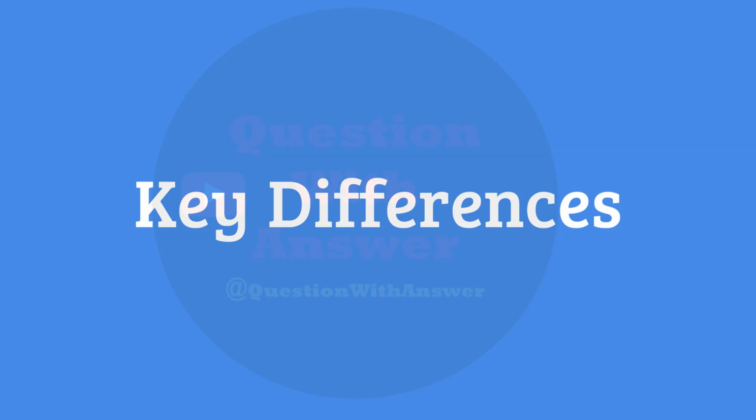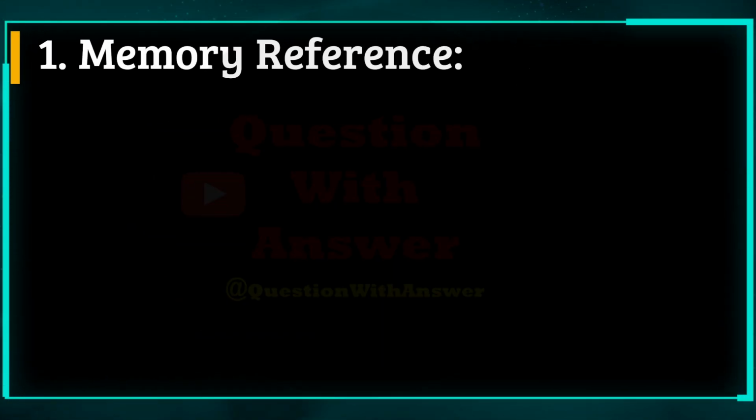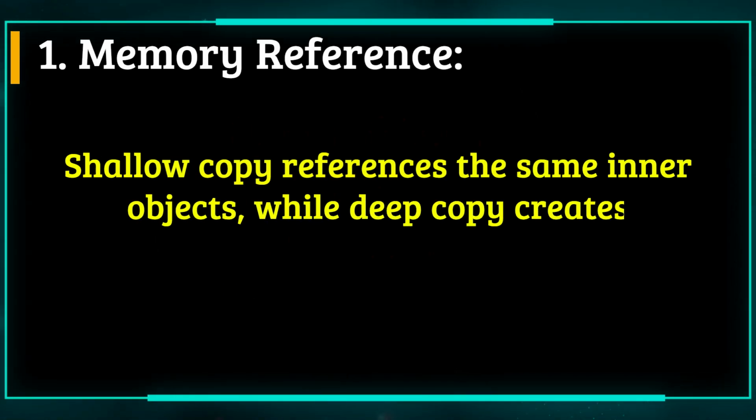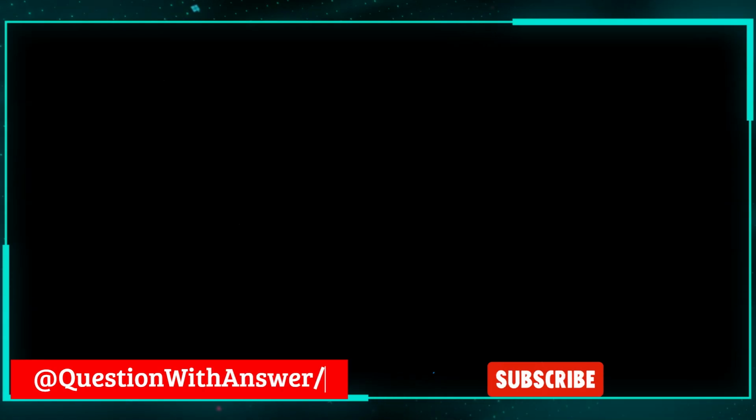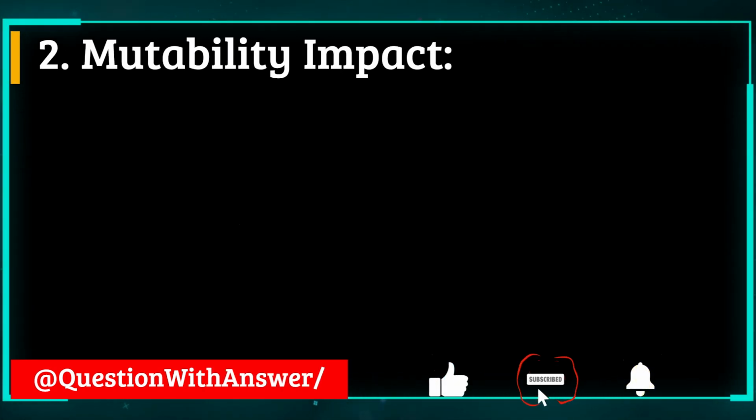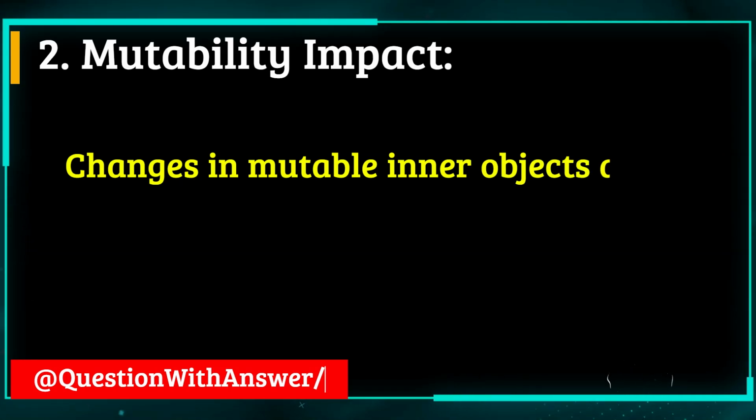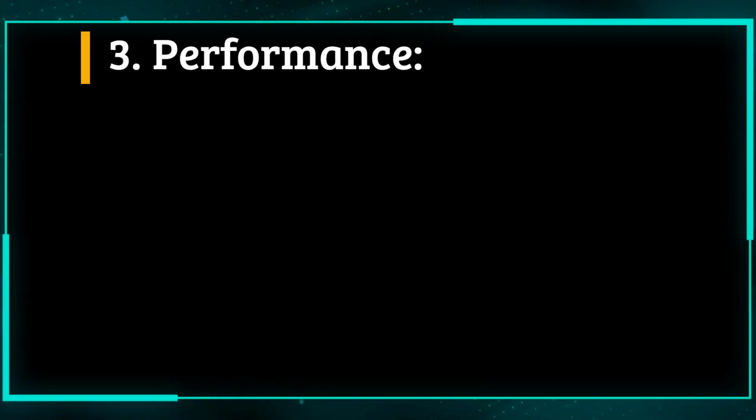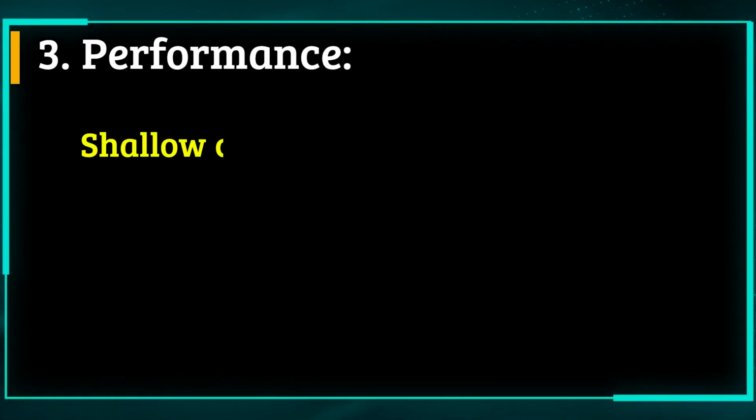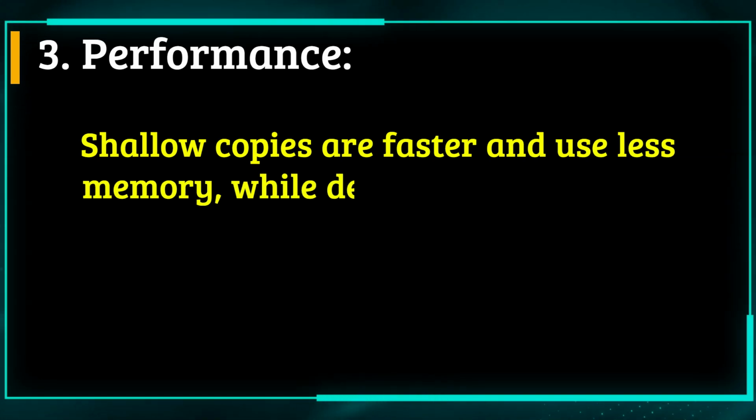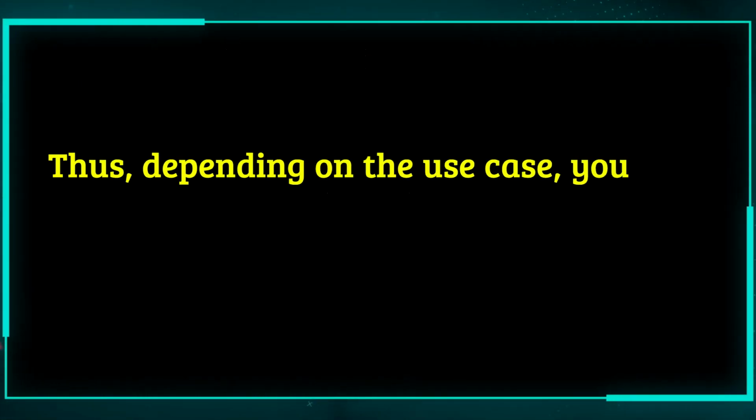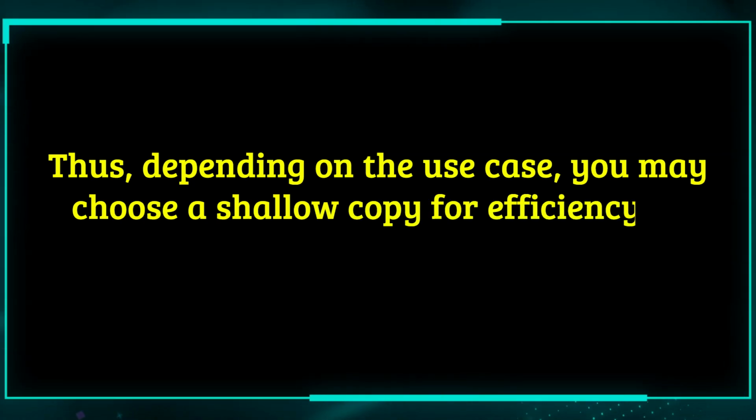Key differences. 1. Memory reference. Shallow copy references the same inner objects, while deep copy creates new copies of all inner objects. 2. Mutability impact. Changes in mutable inner objects affect both copies in shallow copy but not in deep copy. 3. Performance. Shallow copies are faster and use less memory, while deep copies take more time and memory due to the recursive duplication of objects. Thus, depending on the use case, you may choose a shallow copy for efficiency or a deep copy for full